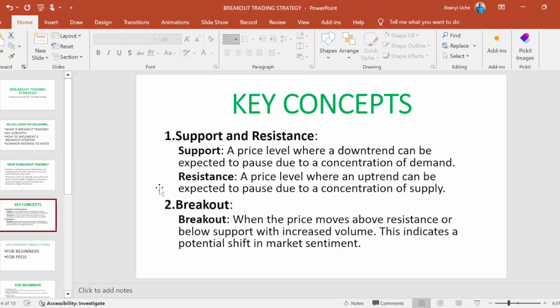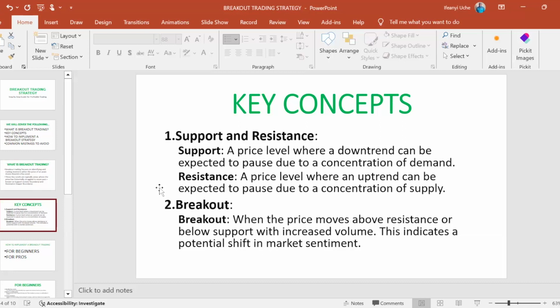So at that point, there will be a barrier, a blockade, a hindrance, a push back down. By the time price begins to do that for a particular period, goes to maybe 90, comes back to 60, returns to 85, comes back to maybe 30, and keeps doing that over a period of time,